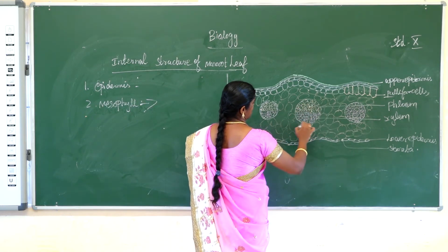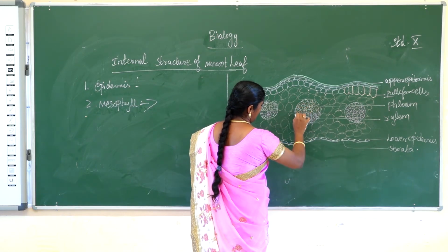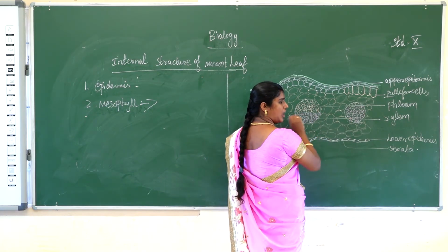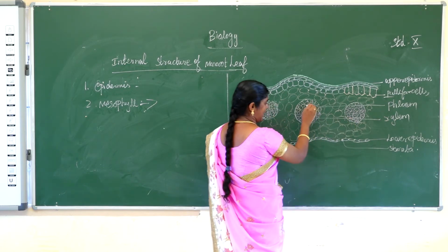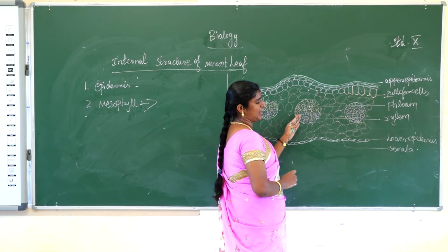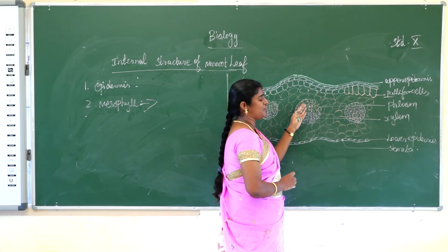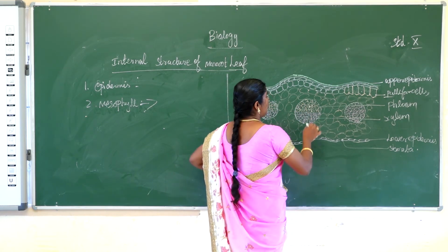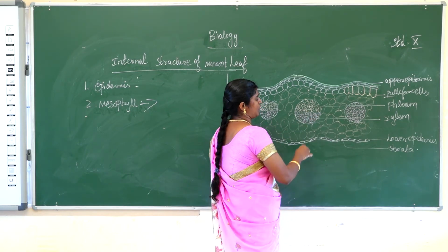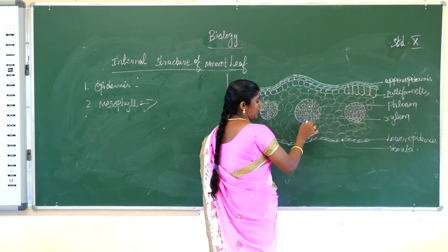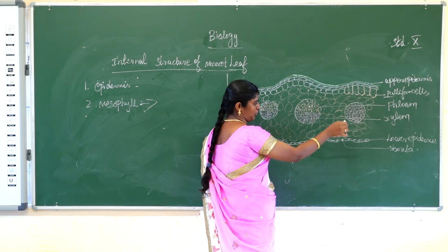What is the use of the vascular bundle? A large number of vascular bundles are arranged. Xylem and phloem are present. What is the use of xylem? It conducts water to different parts of the plant. Phloem conducts food to different parts of the plant. Metaxylem and protoxylem are present. What is metaxylem? The larger xylem element is known as metaxylem. The smaller xylem element is known as protoxylem.